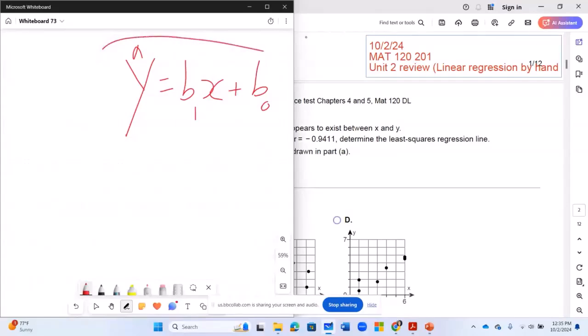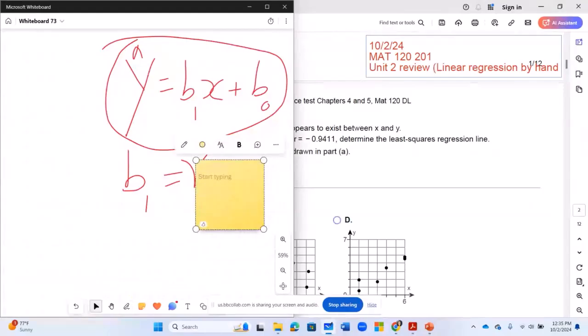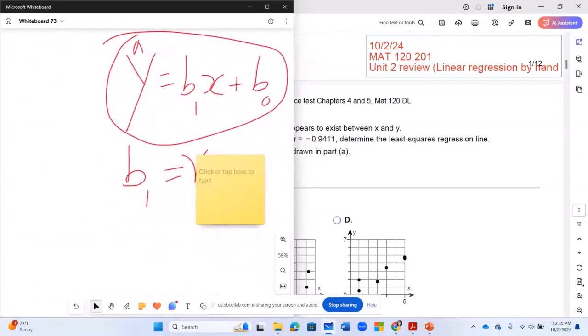That's what we're going to calculate, where b1 is the coefficient of correlation times the standard deviations, which they know how to calculate, but it is given to them anyway. So R multiplied by